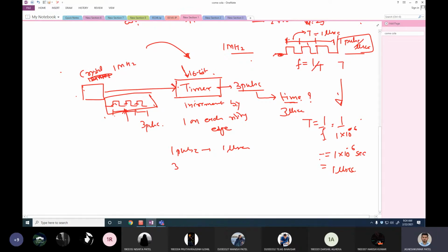There is no second, no minute, no hour. This is not a real-time clock. That's the first thing. A real timer module would tell you, for example, right now it's 9:24 a.m. This timer is not going to do that kind of thing. It's more of a stopwatch kind of thing. You start it, and it starts from that point only. It will just let you know how many seconds have passed. Actually, not even a stopwatch, that's a different example.